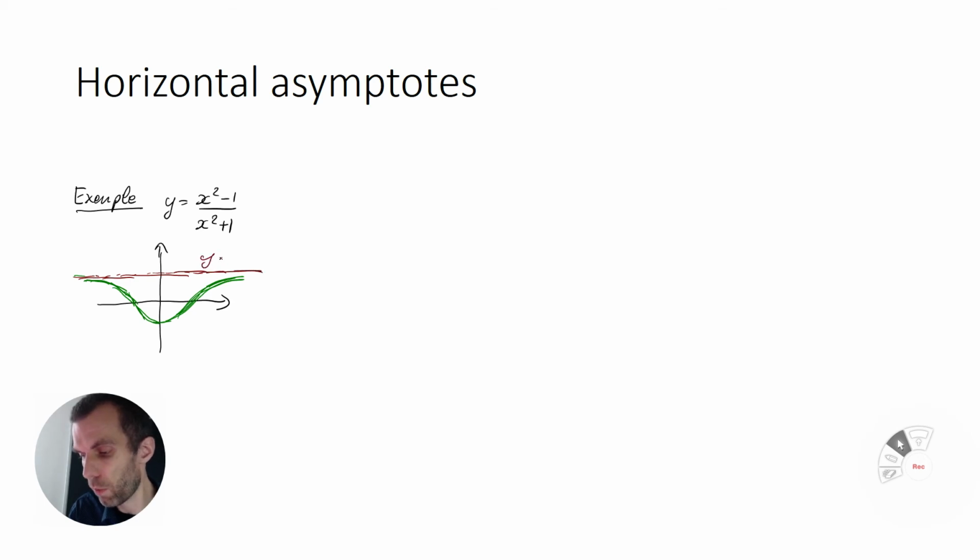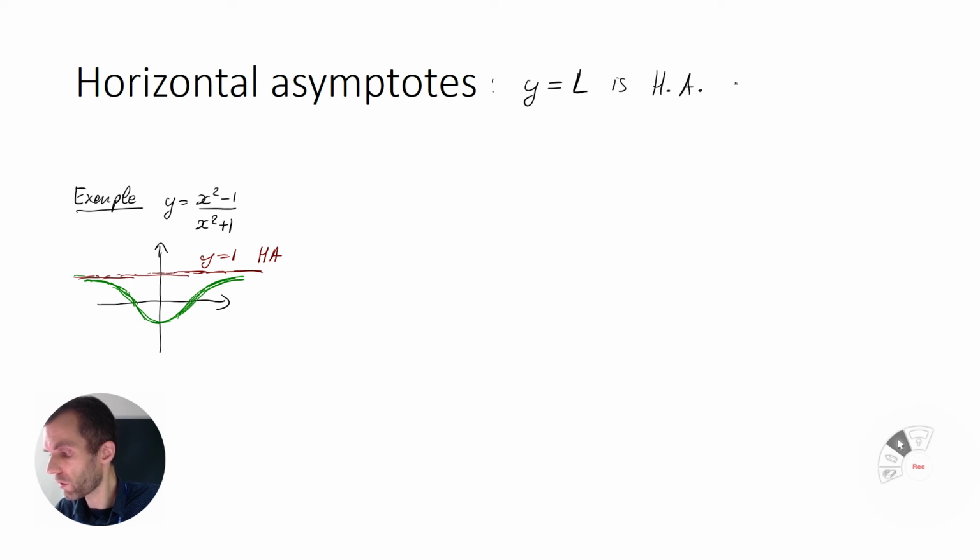Here the line y is equal to 1 is going to be a horizontal asymptote, because you can see it's a horizontal line that the function tends towards. So more formally, we say that a horizontal asymptote is a line